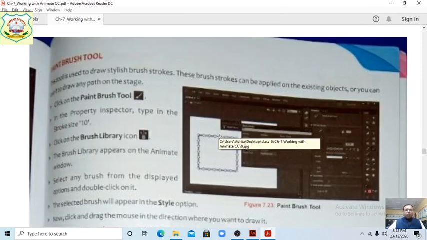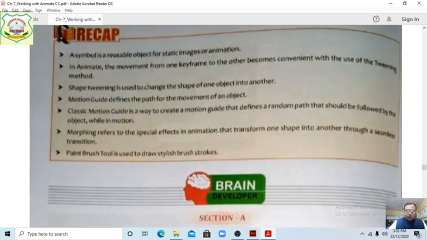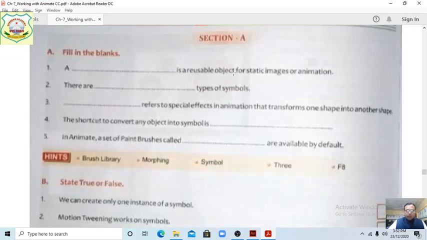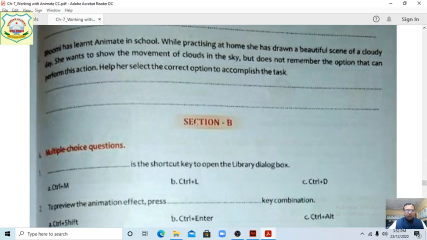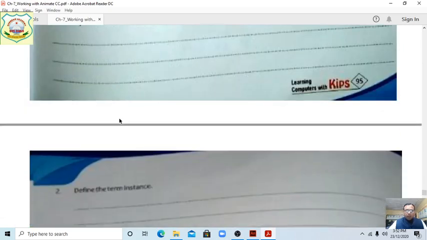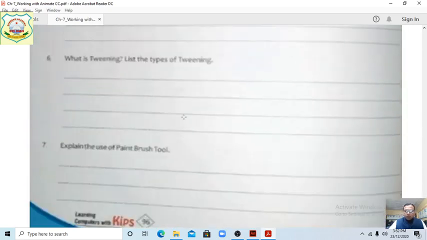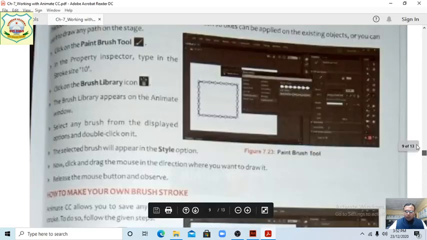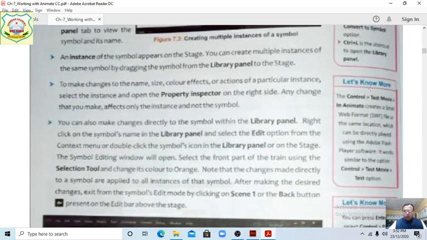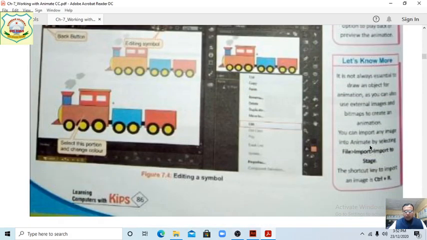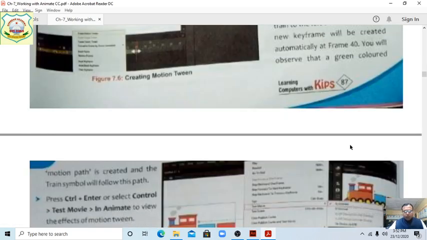So students, all the practicals we have completed, clear, students? And we have also sent the question answers. I think everyone has done the fill in the blanks, true false, and application based questions, and after that all the question answers. So students, you have to learn this much. You also have to do better with whatever Quick View is given. Let's Know More, Quick View, these are all very important, students. So you have to do this, it is very important for you.